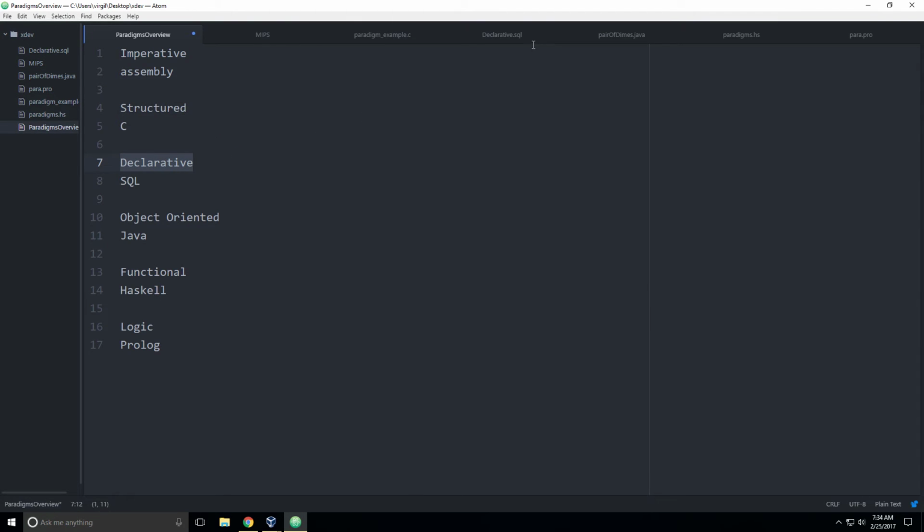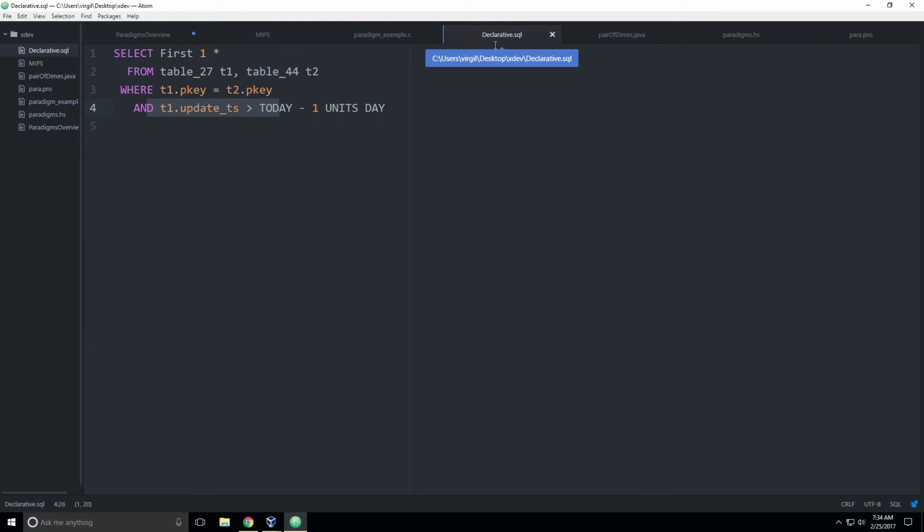So there's a couple different declarative programming languages. SQL is probably the one that you're most familiar with if you've done some significant programming. So SQL is all based off of set theory. Set theory has 2 trains of thought that go into declarative programming, such as SQL. So SQL is a relational calculus,